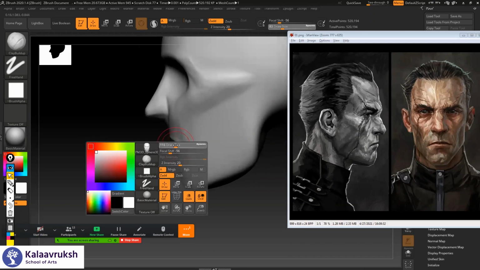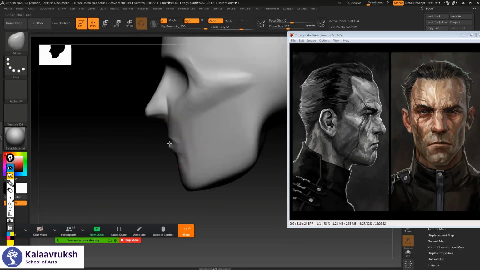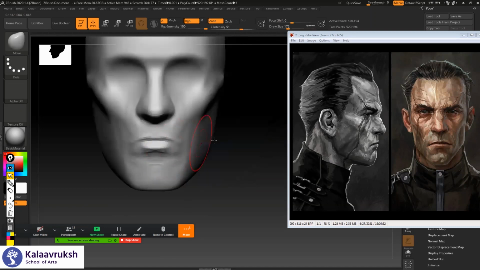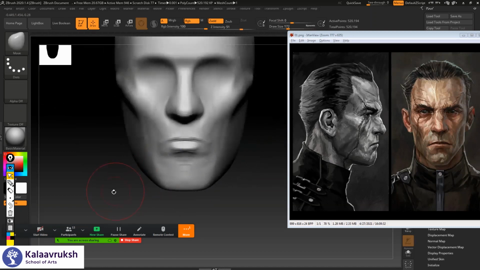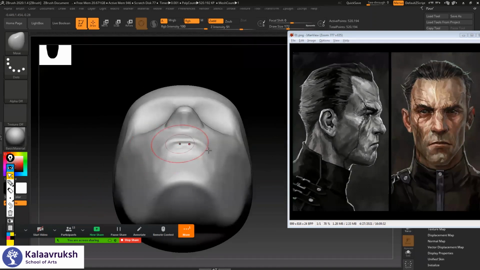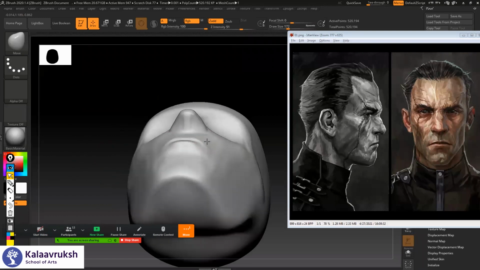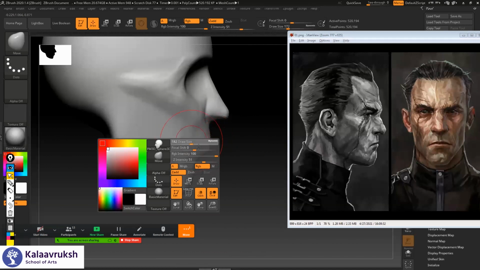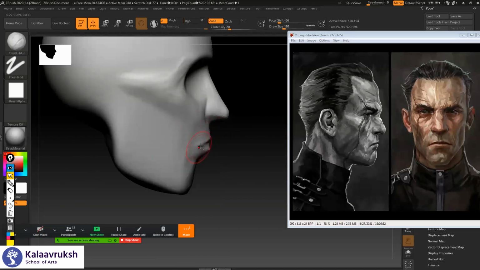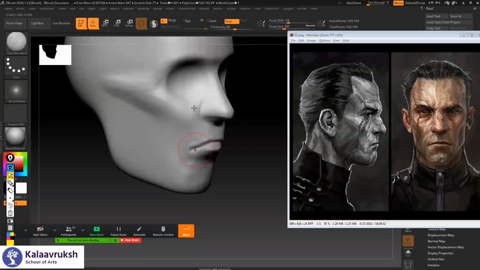Now I feel the mouth looks too flat. I try to pull it slightly outside because you guys remember, right? The denture, the whole teeth is inside. You have to show that shape. I'll pull it slightly out. I'm trying to refine the corners of the lip, and you can see